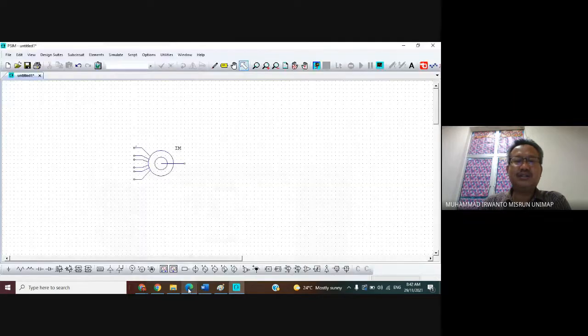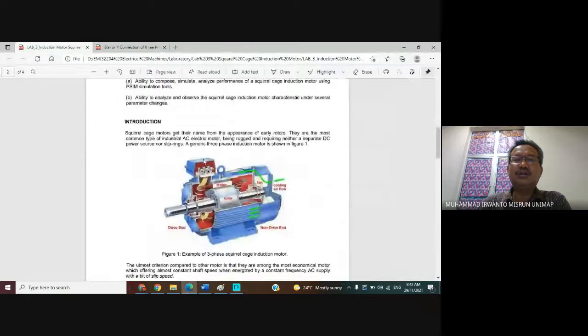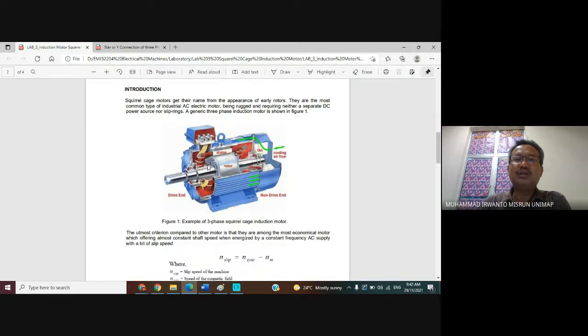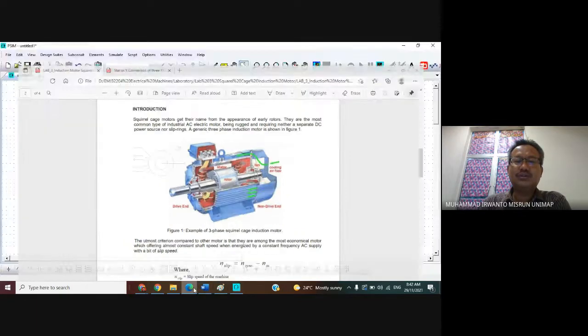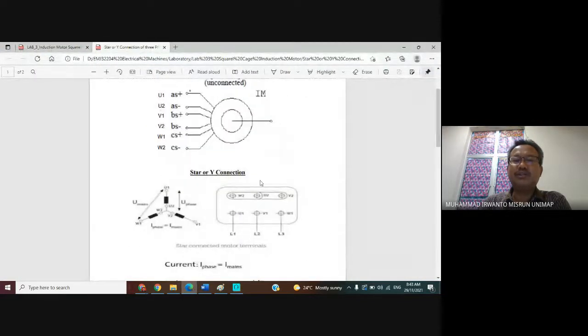If you look at the terminal connection in our motors, for example, U1, V1, W1, U2, V2, W2, this is the connection. So you can connect it based on this.